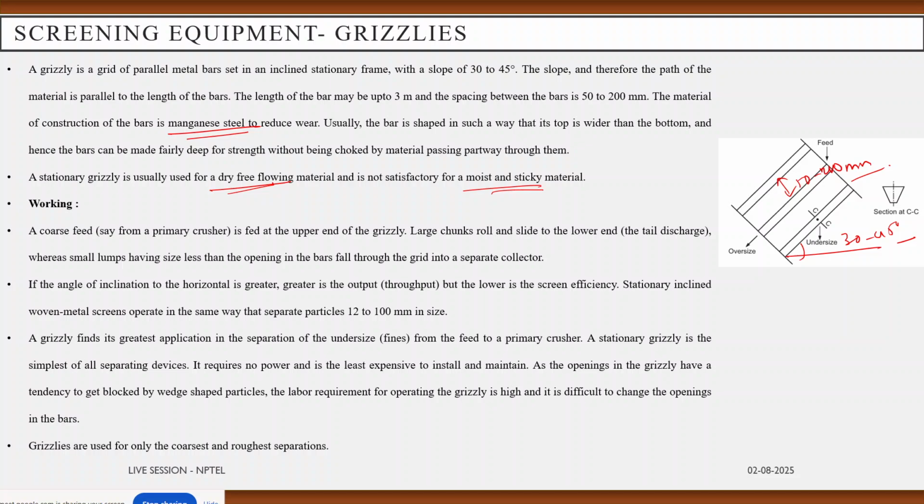So now coming to the working principle for the grizzly. A coarser feed, like from a primary crusher, meaning a jaw crusher or cone crusher, those kinds of crushers, the feed material that we get is coarser feed material. Those can be fed at the upper end of the grizzly. This feed is being fed from the upper end, and the